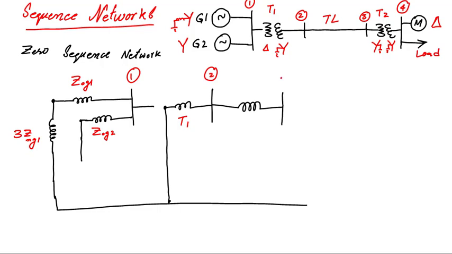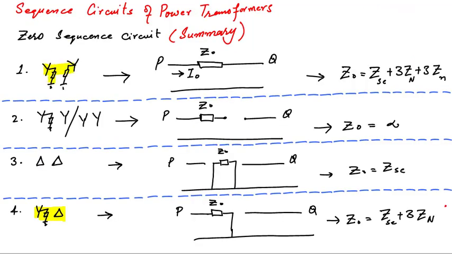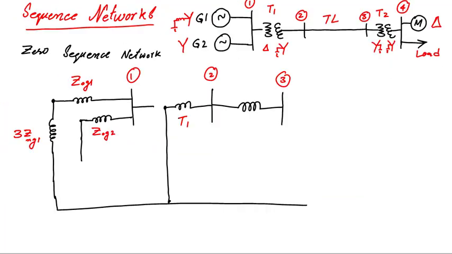Then we had the other transformer which is connected between bus 3 and 4. This time it is Y grounded. Let's see the zero sequence circuit of a Y grounded transformer. This is the situation over here. This transformer, if grounded on both sides, will have a connection between two ends for zero sequence current, and the impedance will be equal to the series impedance of the transformer plus 3 times the grounding impedance on two sides. Here we are going to develop that transformer zero sequence circuit between bus number 3 and 4. This is transformer T2. This was the transmission line.